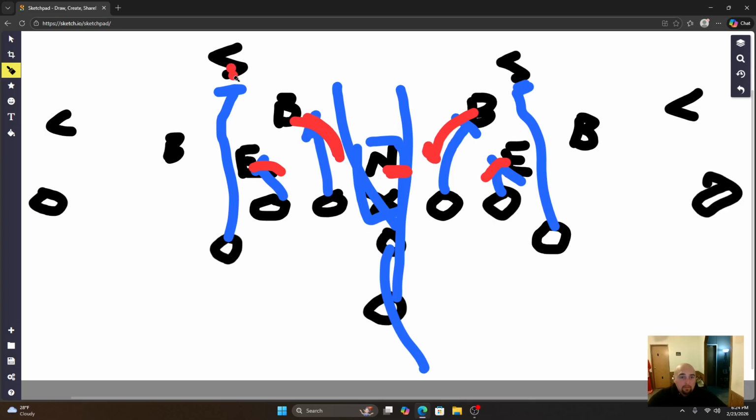Now, something that's going to help you with your run fits out of two high: these safeties keying their primary run-pass key and man on the line of scrimmage. You get a base block out, he bananas down in. Base block out, bananas down in. Now you've got